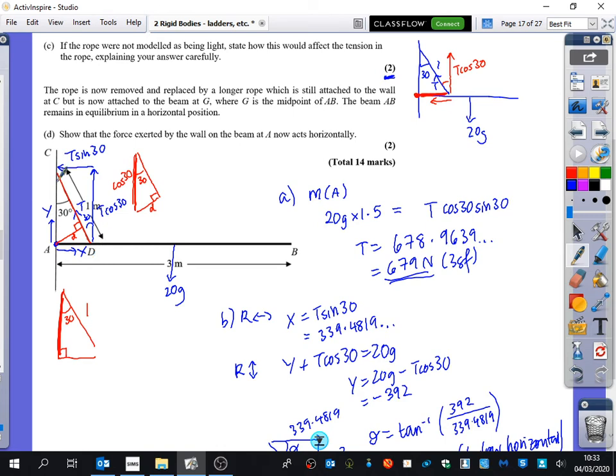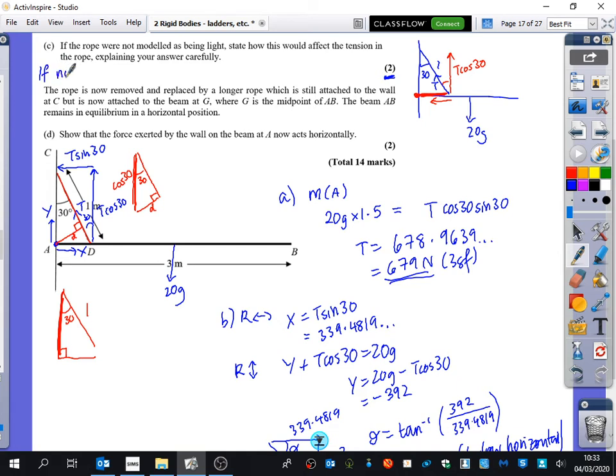Pardon? There wouldn't be a normal contact force, but if you imagine a really thick, heavy rope, the bottom of the rope is just having to support the beam, the top of the rope is having to support the beam and the rest of the rope. So if you imagine being the top part of the string, you're also having to support the whole bottom of the string as well. So what we would say is not being modelled as light, this would affect the tension in the rope. We would say